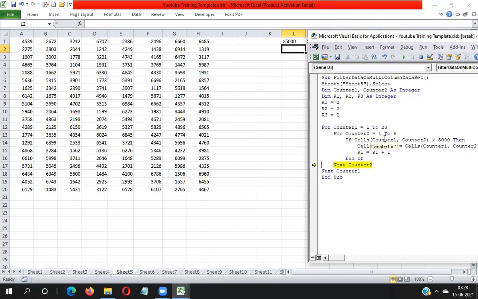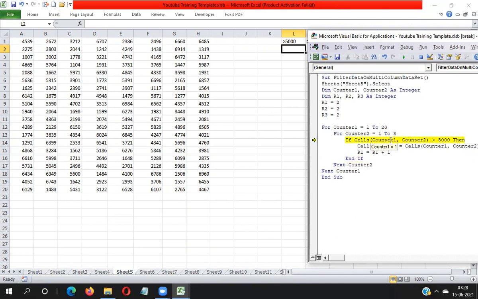You can see counter value 1 comma 2 means B1. So B1 value is not more than 5,000, so it's skipped. C1 value, row number 1 column number 3, means C1. So C1 value is not more than 5,000, so it's skipped.